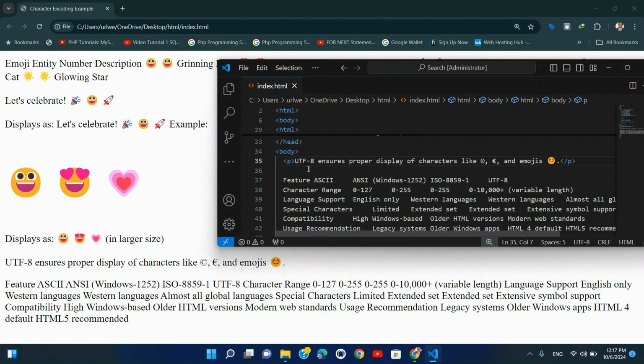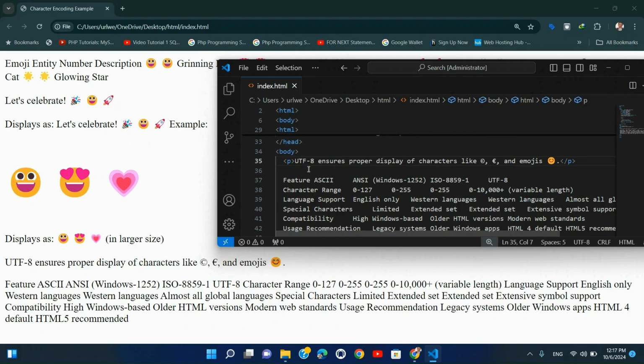Use CSS for styling over entities. For visual effects like spacing, prefer CSS properties, margin and padding, over non-breaking spaces. Conclusion. Mastering HTML entities and character encoding is pivotal for creating web pages that are both functional and universally accessible. By properly using entities, you can ensure that special characters and symbols display correctly, enhancing the readability and